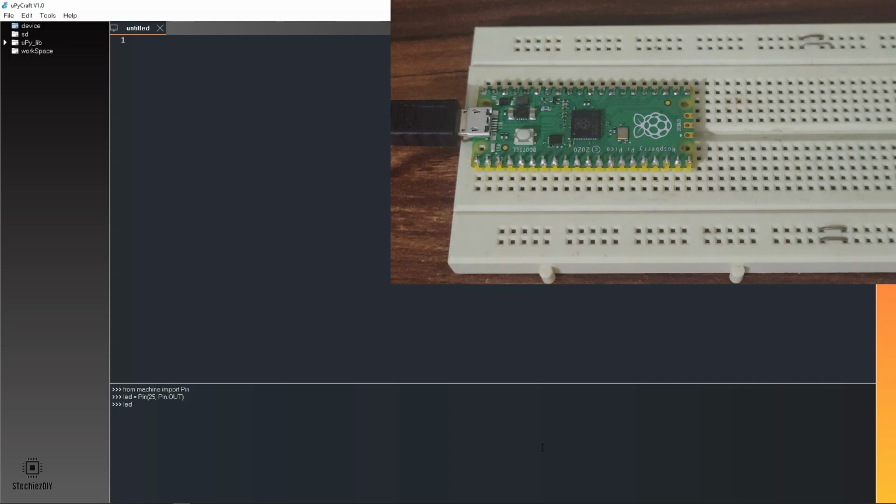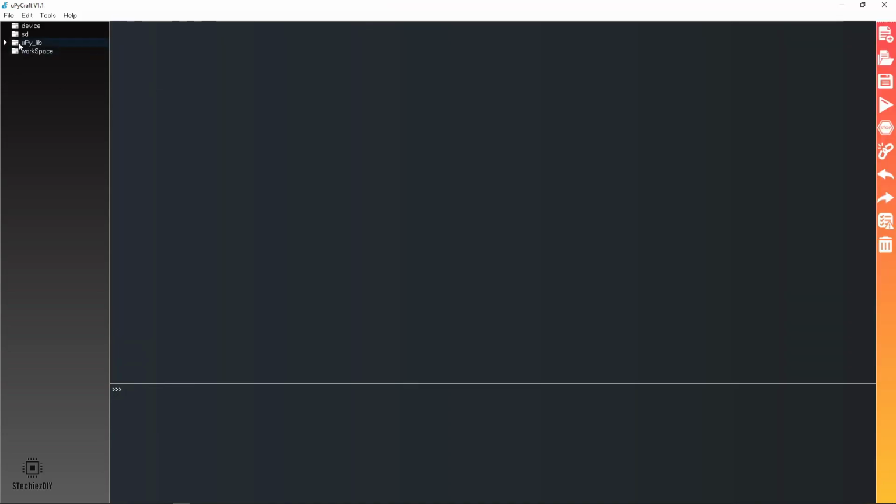Now we'll turn on the LED by passing the value as a 1, and we'll turn off the LED by passing the value as a 0. LED on off is working fine.